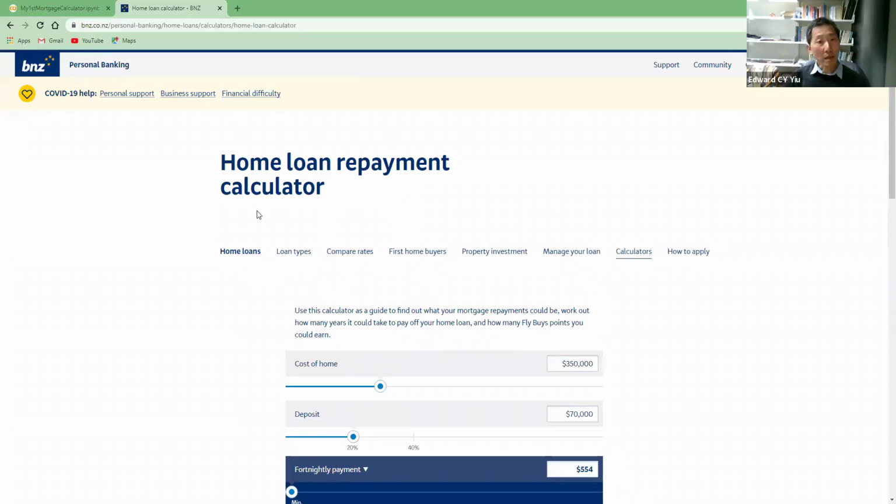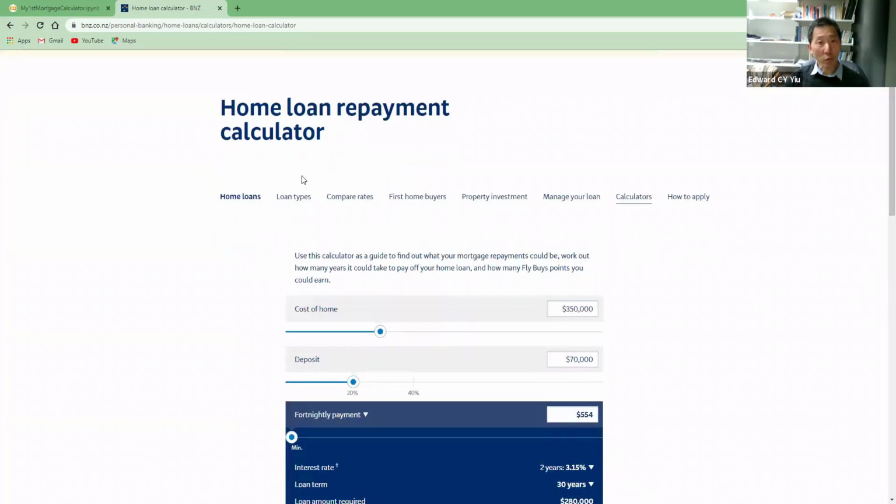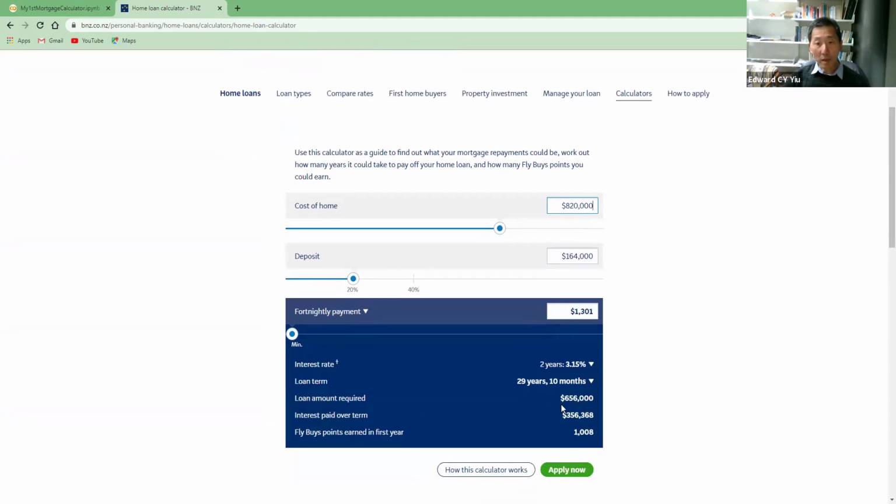Nowadays, many organizations provide mortgage calculators. For example, ANZ provides a home loan repayment calculator, with a slider for you to enter the cost of the home. Say, for example, 820,000 New Zealand dollars, then you may have to pay the 20% down payment or deposit, which is automatically calculated as $164,000. So in other words, what you are borrowing would be